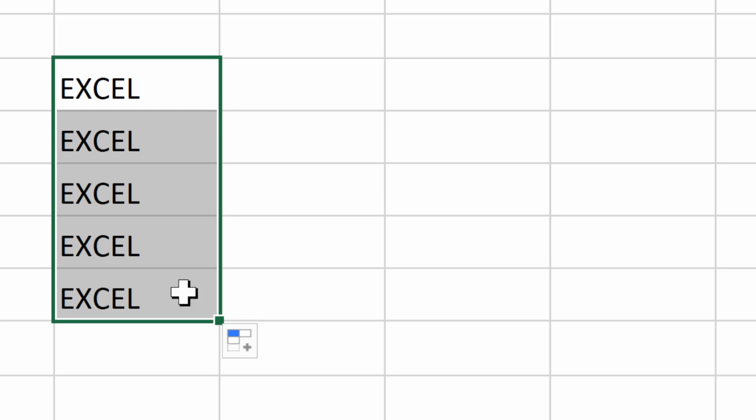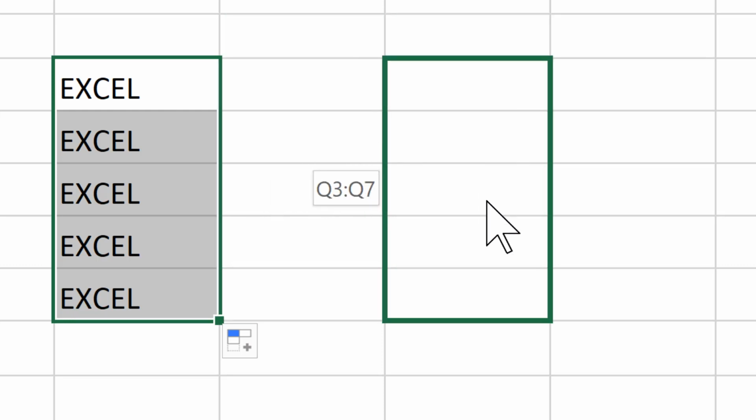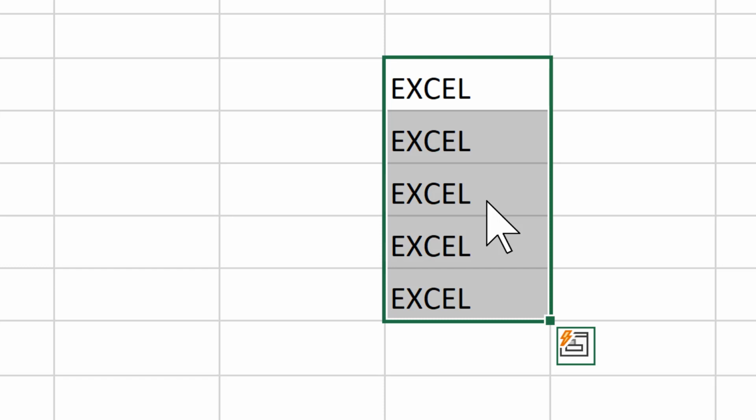Another way to copy or to move is with drag and drop. Here again, we select the cells that we want to work with and we'll move to the edge. So not to the corner like with autofill, but any of the edges there, and look for the four-headed arrow. Drag and drop works best when it's a fairly short distance that you want to move or copy. For this to move, I'll press and hold and drag, and when I release the mouse, I have actually repositioned